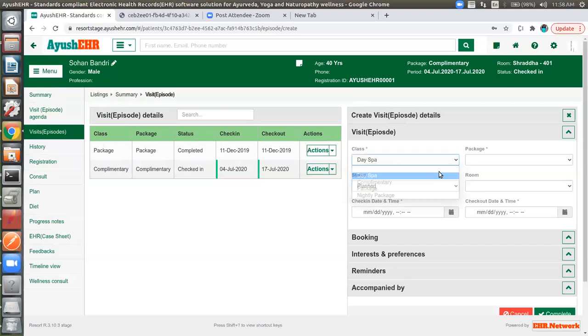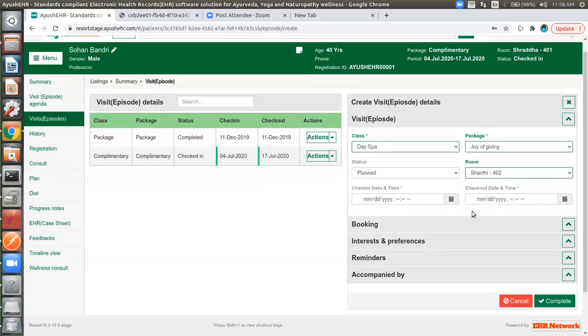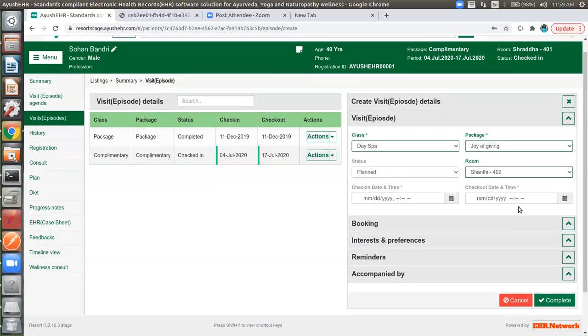So those kinds of things they do in an episode, like a booking. And what's the check-in date and time? If they are planning to come, what's the date and time they are planning to come? If they are confirmed, what's the date and time? So they'll do a booking.